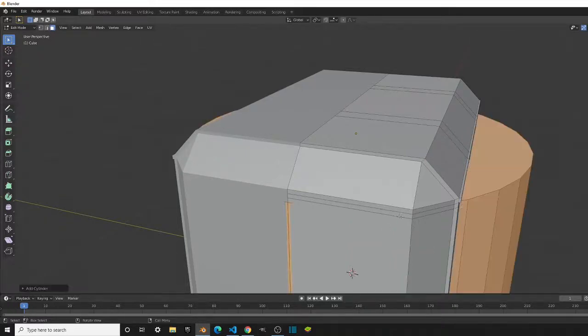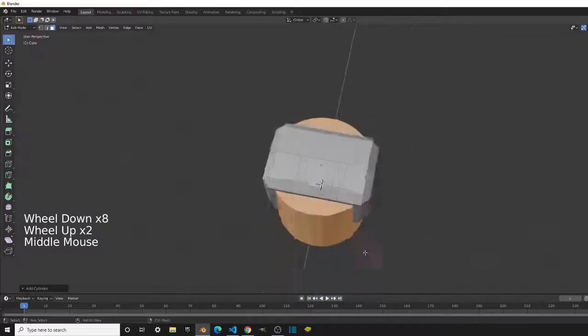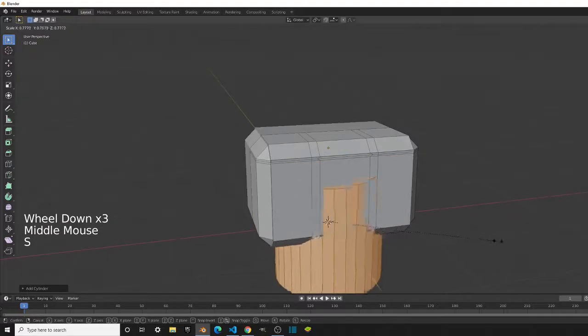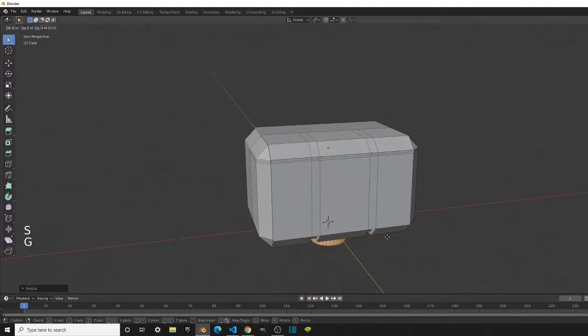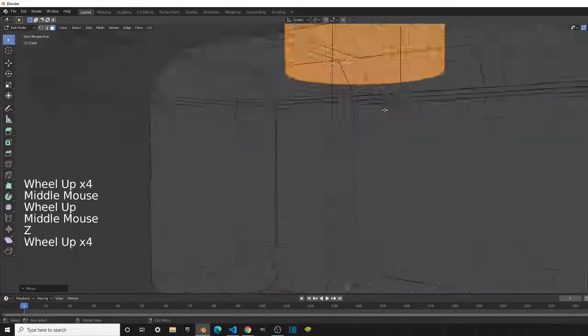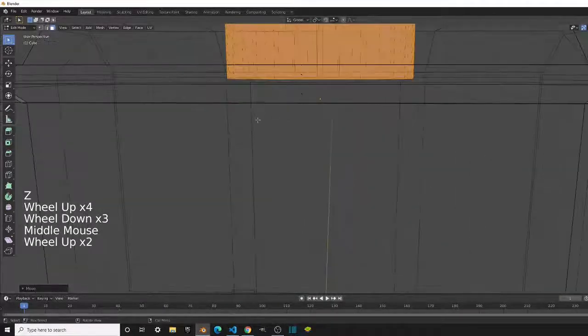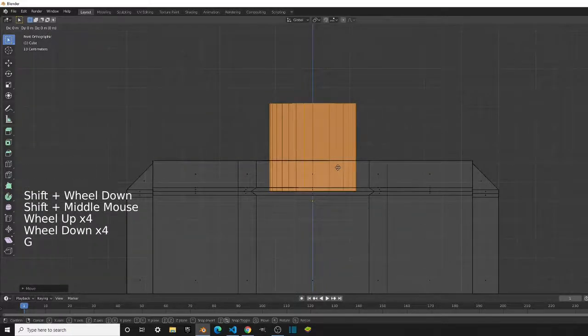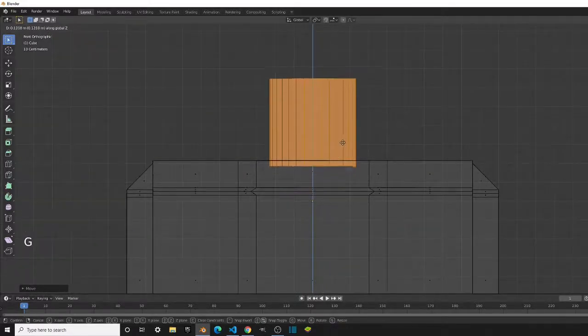So we're just gonna go ahead and click on cylinder, and you can clearly see that it's way too big. So we're just gonna scale this in until we get the proper size. We want it on top. So you might want to go to wireframe so you know exactly, and numpad 1, which is front view, to see how close you want it to be. Alright, so I think that this is